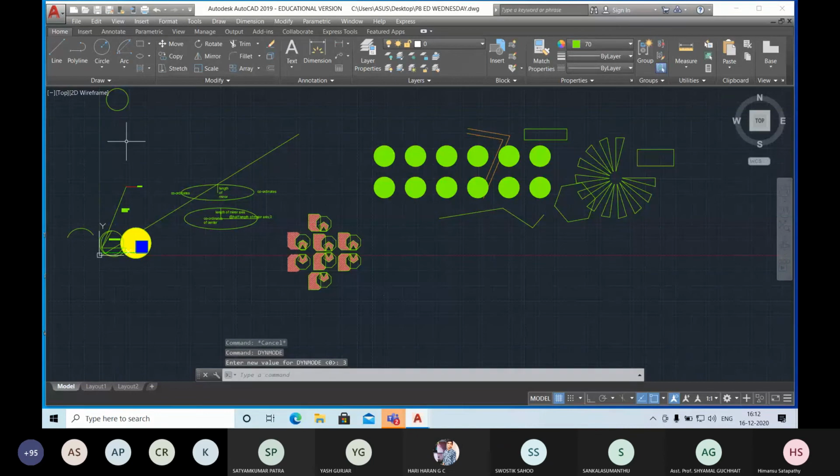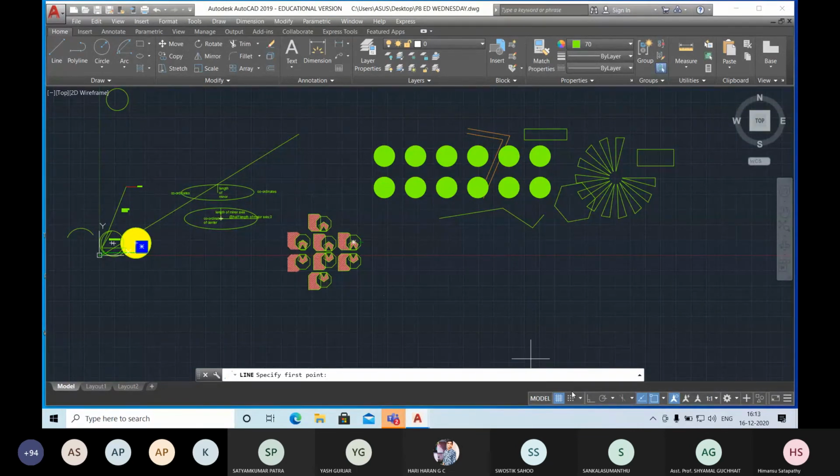What does it help with? Now I can use only the mouse. I am not going to use any coordinates. If I want to start the line here at 0,0, you can see this is 0,0. It shows me 0,0. It is 10, 20, whatever location. If I move along this line, I can find this one. So it is showing the coordinates. If I want to mention the coordinates at 250, you can see this is 250. It is manual mode. It is not exact, you would not be able to do it exactly. If you want to do it exactly, then you have to click on the snap grid on.